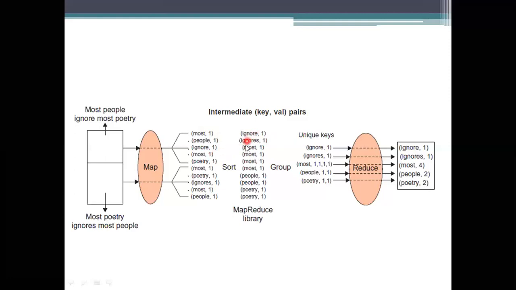So the first key will be taken, and then it will be placed, and then there is grouping also. For grouping also, it is comparing the key value with the others here. Once they have been sorted, there is no need to go further. So it only processes with this one. Since it has been sorted, how many times it has been used, the key value will be known easily and it will be processed here. That is the logical data flow which has been used in MapReduce.